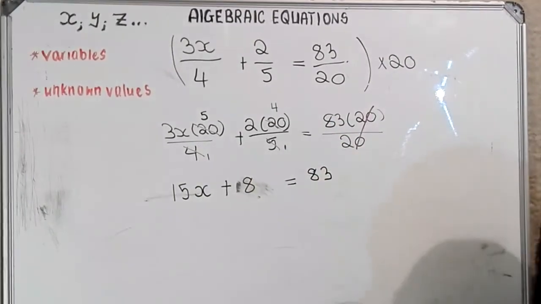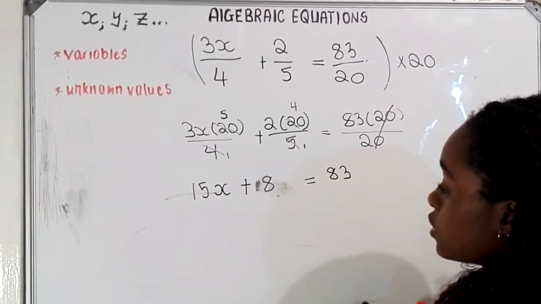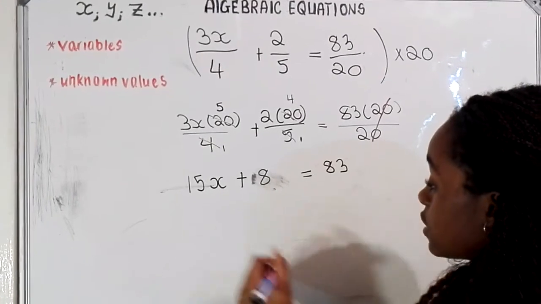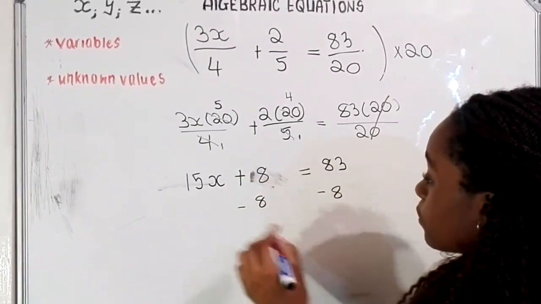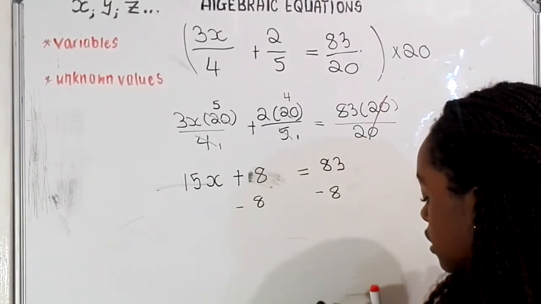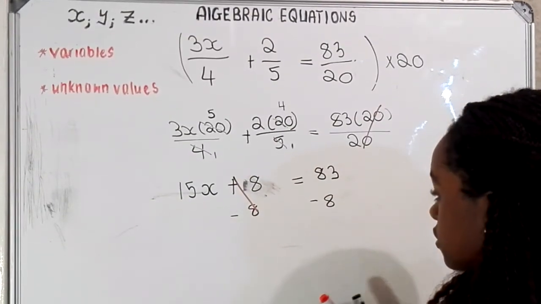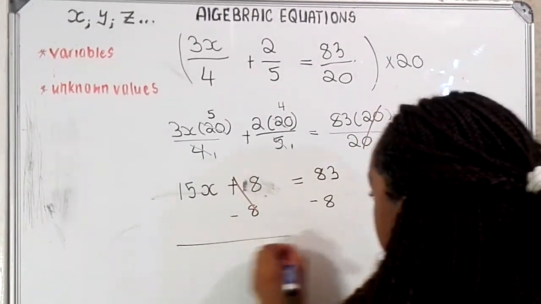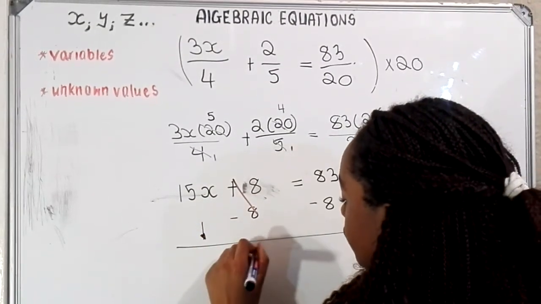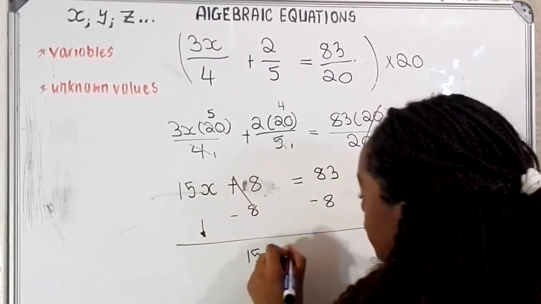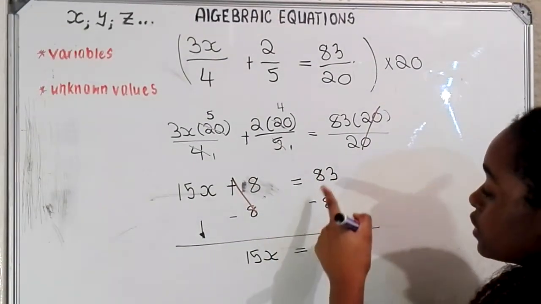So now we have something we're familiar with. So we're going to move 8. The inverse of addition is subtraction. So we're going to subtract 8 on both sides, okay? Because we want x by its own. So they will cancel and we'll be left here. This will come down. So we'll be left here with 15x is equal to 83 minus 8 gives you an